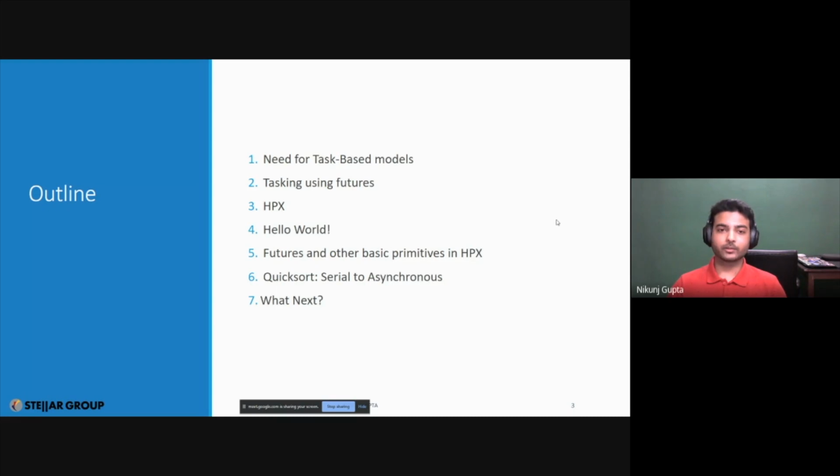I picked Quicksort because it's easy to consolidate things in a single slide with respect to code. So we'll take Quicksort from a serial implementation to a parallel implementation to an asynchronous implementation. And we'll end with what next, as in the conclusion about HPX, what more HPX offers, and if you want to go ahead and read up on more tutorials or talks on HPX, I'll have links there.